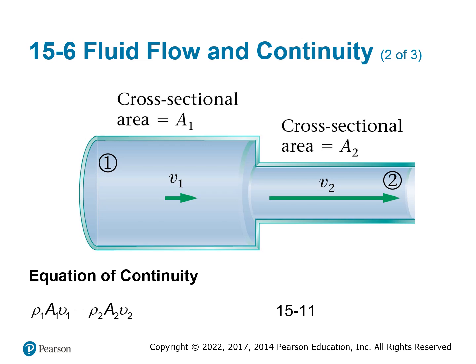All right, so there's an equation for this. You take the cross-section area of your two pipes or two cylinders, and you do the density at point 1 times the cross-sectional area times the velocity at point 1. And that is equal to the density at point 2 times the cross-section area of point 2 times the velocity at point 2. So they are equal to each other. It's going to compensate one way or other.